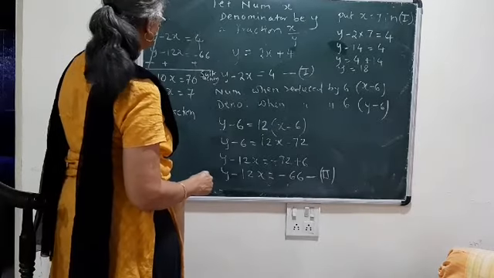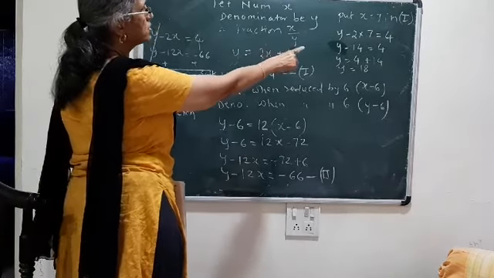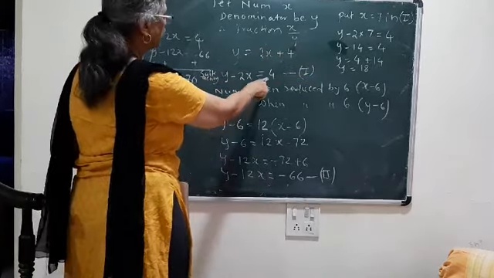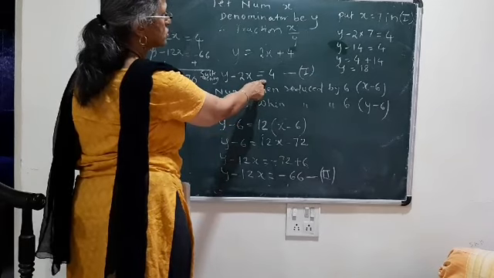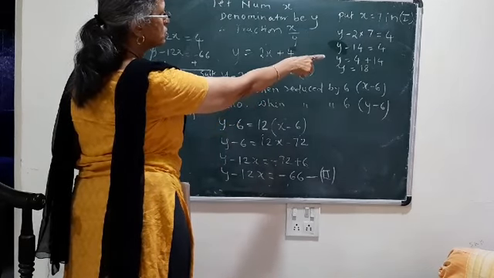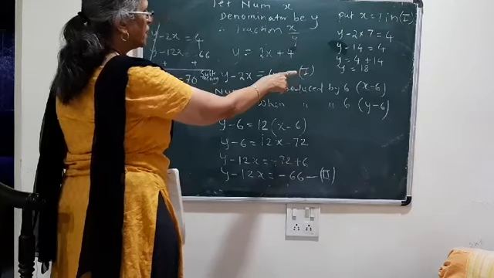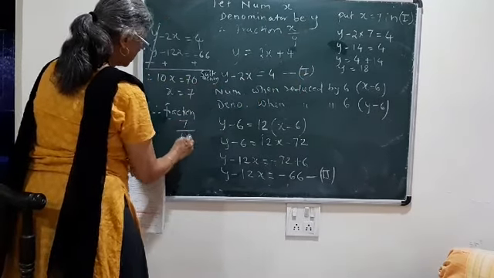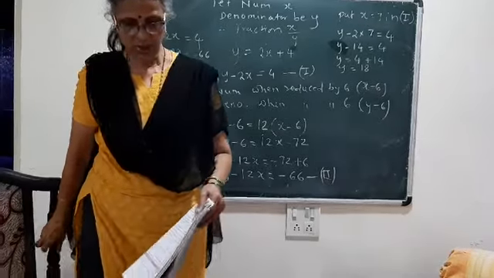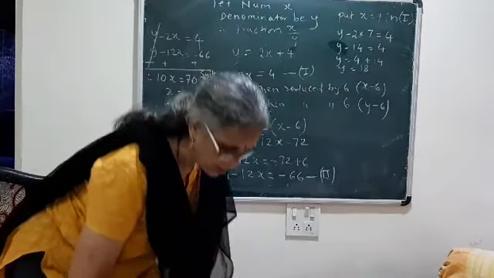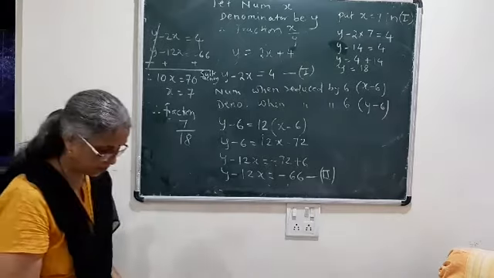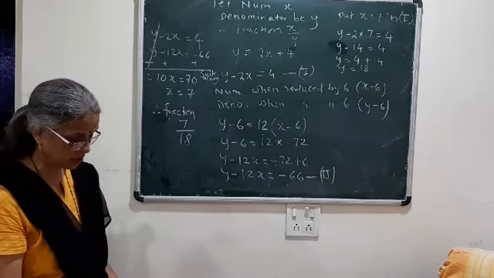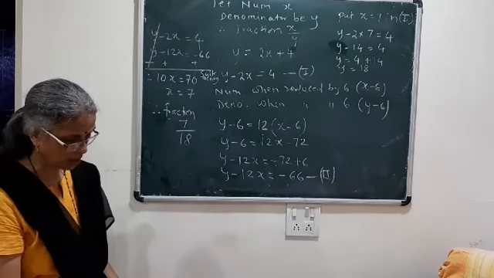Therefore, y minus 2x, x I got 7, 2 7s are 14, is equal to 4. This equation I have used. So y minus 14 is equal to 4, y equal to 4 plus 14. So fraction will be 7 upon 18. That is numerator upon denominator is a fraction. Followed? So that is how, this is the sum based on numerator and denominator.